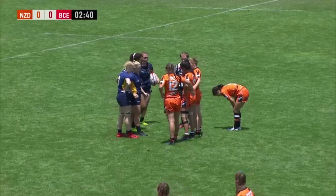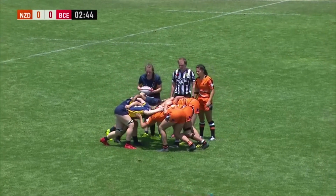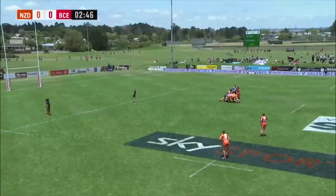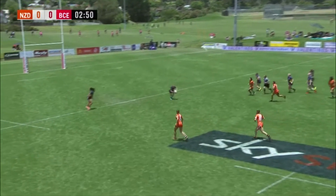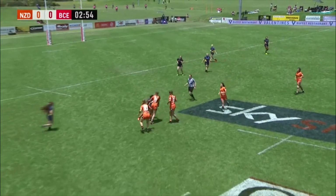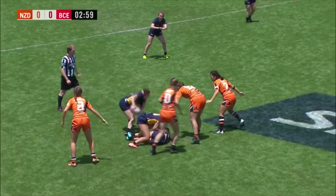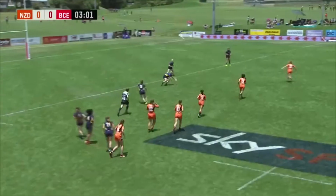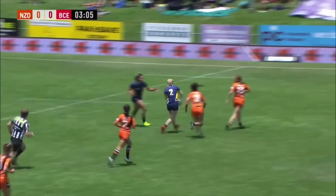but a good open start from both sides in the first 2.5 minutes. Both sides showing their ability to throw the ball around and play with a little bit of pace as well. So this will be interesting as the arm wrestle continues. Almost 3 minutes gone in the first half, no score. Canadians carry this one out from deep inside their own territory. A lot of the game being played inside their half. Not able to break the shackles yet. Need a little bit of magic. Will that magic come from